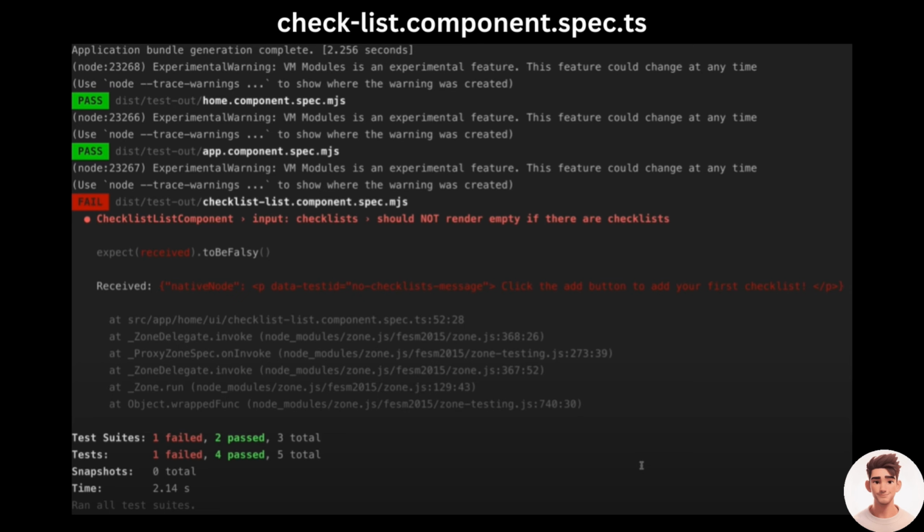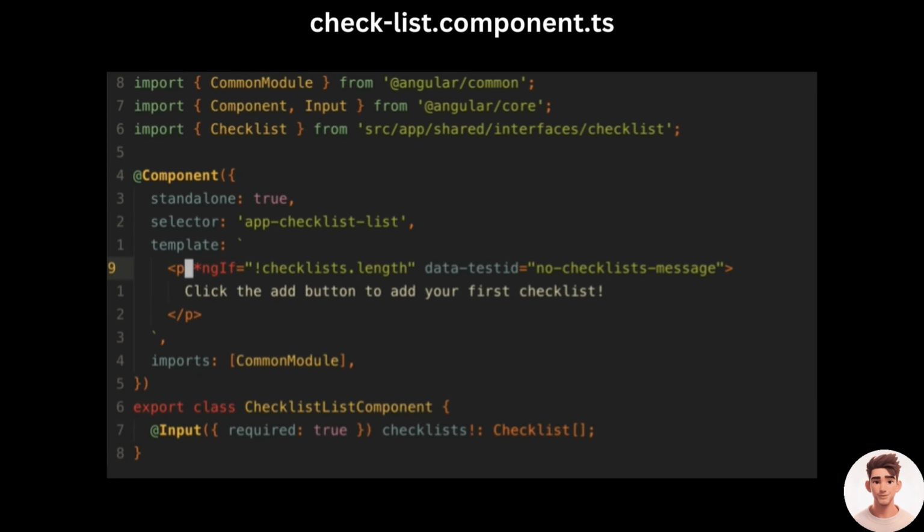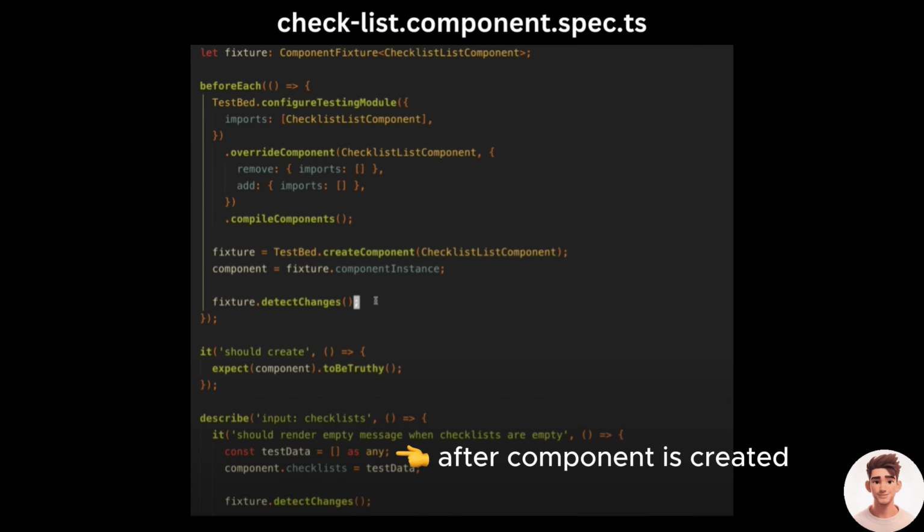Now we can implement the code so that both of our tests pass, which will require only showing the message when the input is an empty array. So, I'll make that change. But if I run the test now, it's actually going to fail due to a type error since we are testing for this length property on the checklist array. It's important that this input is always supplied with an array, but with our current setup, we are only supplying the input during the test,